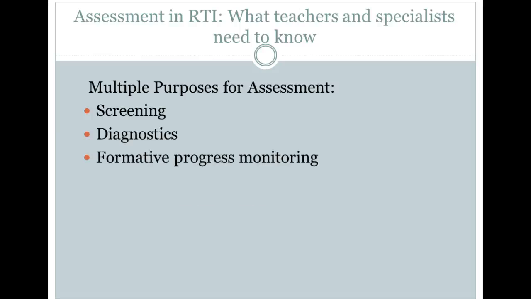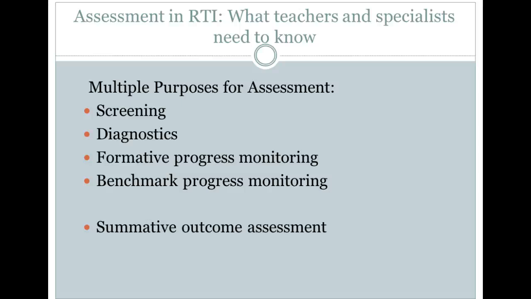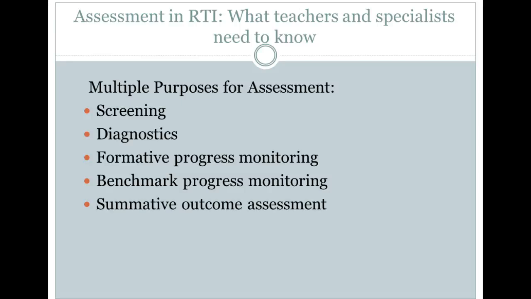Next, we have formative progress monitoring. This can include teacher-made assessments, book logs, work samples, anecdotal records, standardized or semi-structured measures of student performance, such as miscue analysis or observational notes from reading and writing conferences. We also have benchmark progress monitoring, which refers to data that's gathered at predetermined times of the year to ascertain if students are making adequate progress in relation to age or grade expectations. And then lastly, we have summative outcome assessments, which are usually gathered at the end of the year to determine